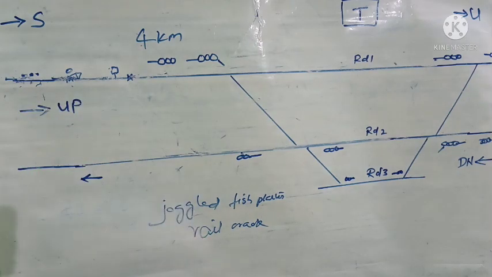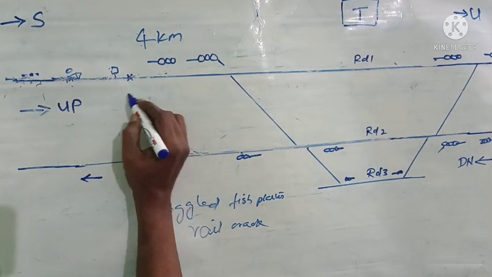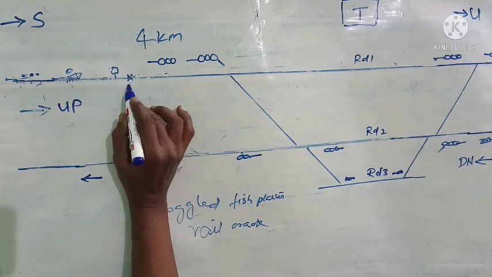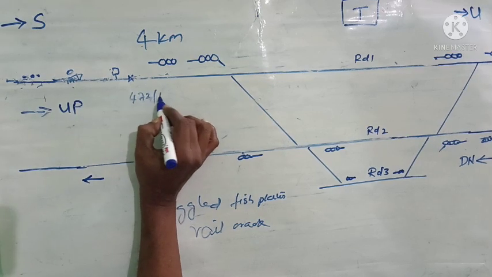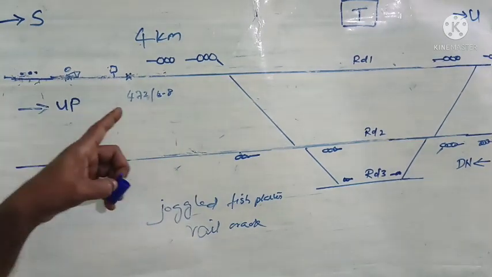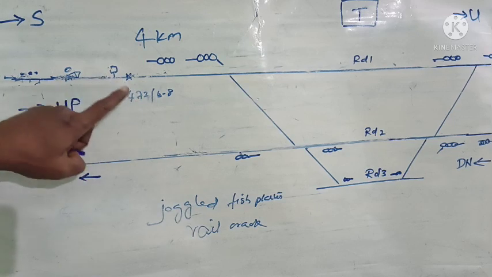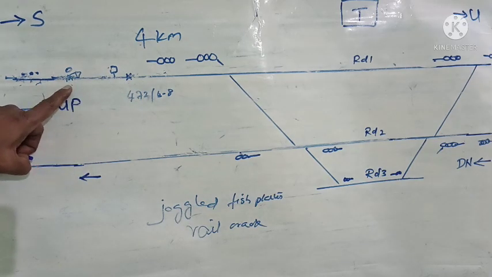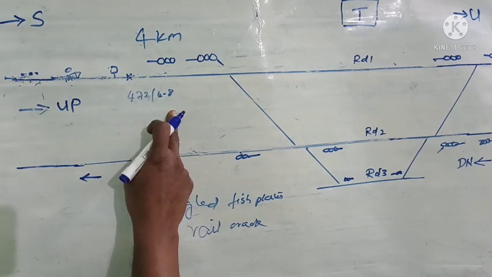That memo will be in duplicate, in which it will be stated that at the kilometer of this failure, suppose it is 472 bar 6 to 8, for example, there was a weld failure at kilometer 472 bar 6 to 8 and it is